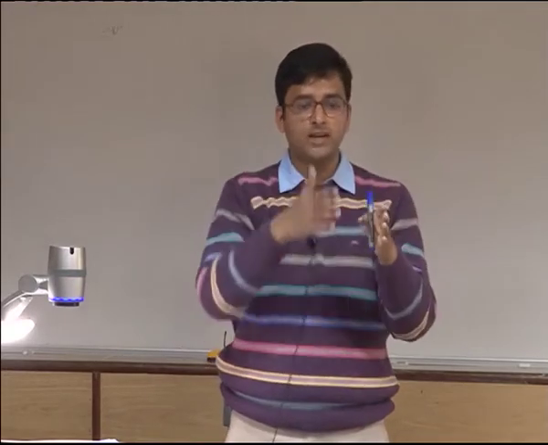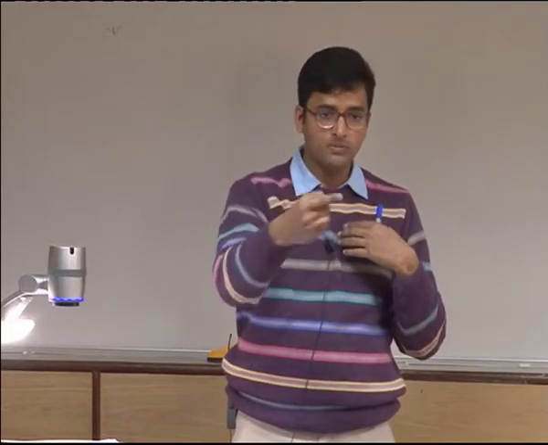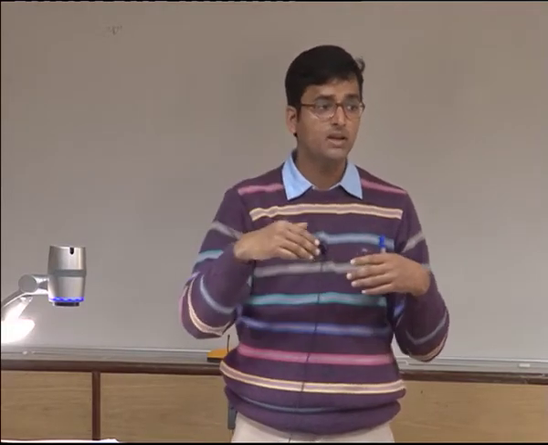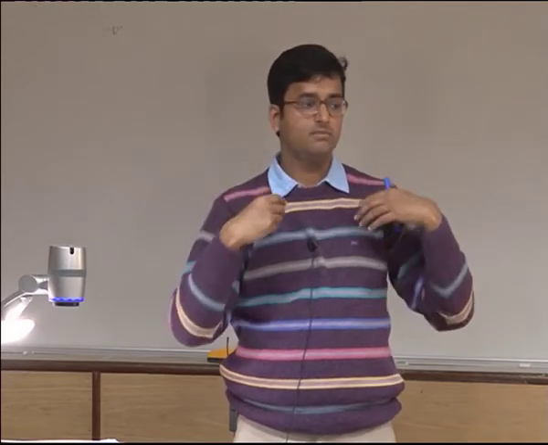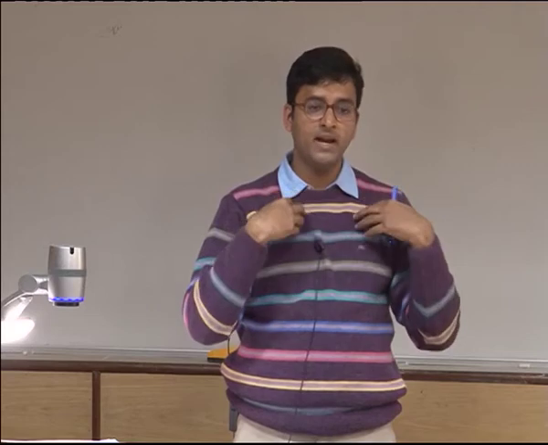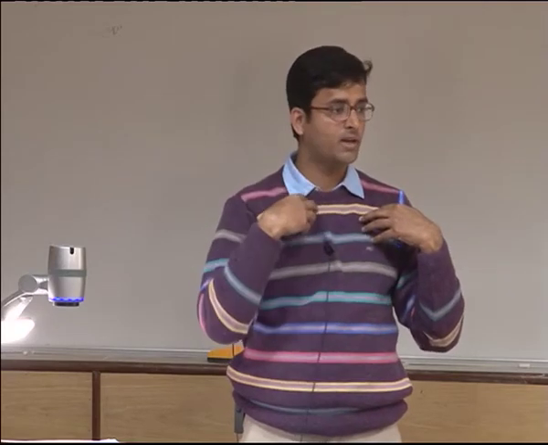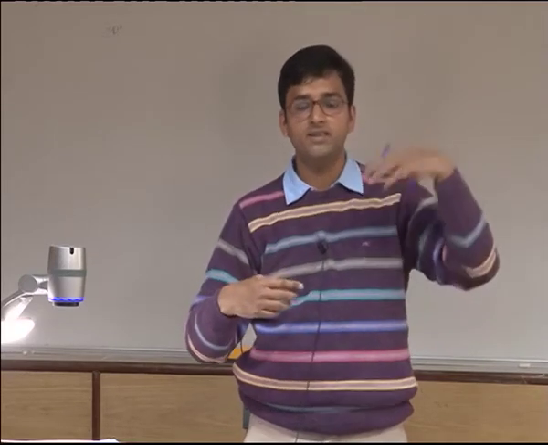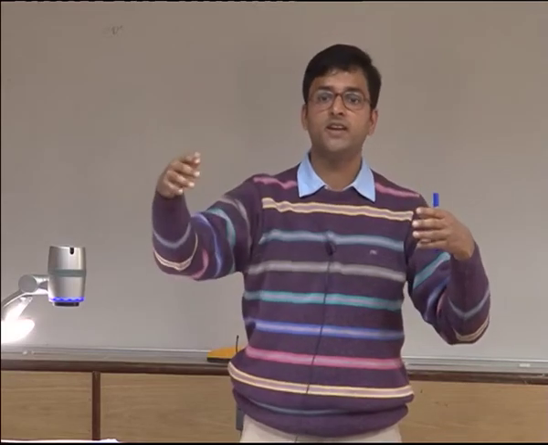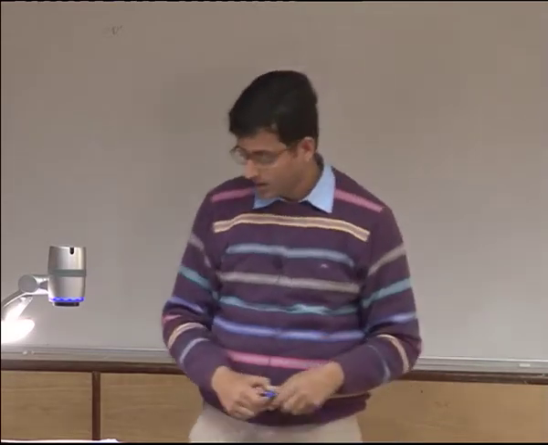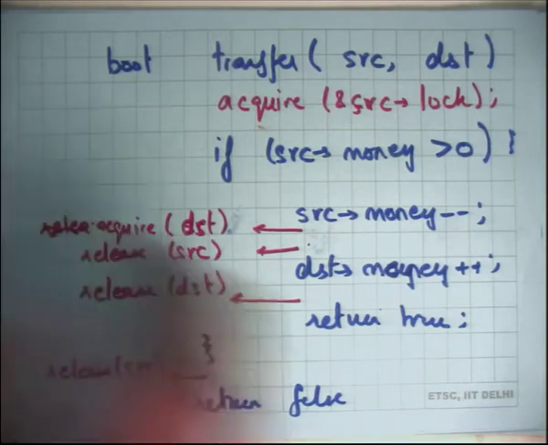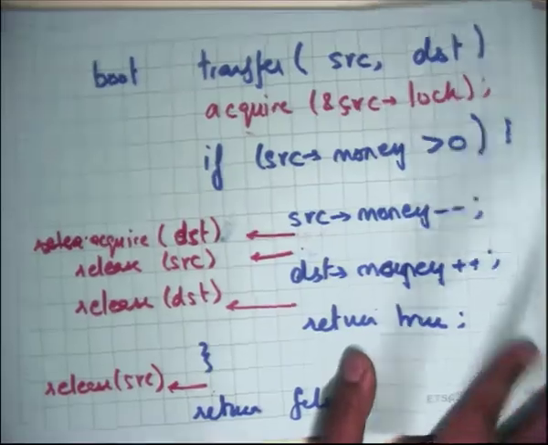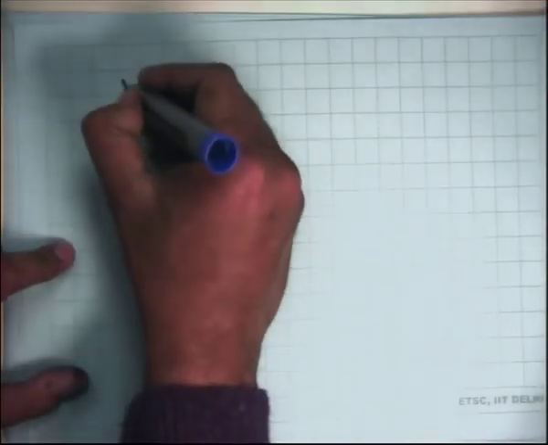So let's say one thread is transferring money from me to you, and another thread is transferring money from you to me. Then in both threads there will be an order. Depending on what the order is, either my lock will be taken before yours or your lock will be taken before mine. But it will never happen that one thread is taking my lock before yours and another thread is taking your lock before mine. So let's say I order it on account ID. If I order it on account ID, the correct version of this code may look something like this: